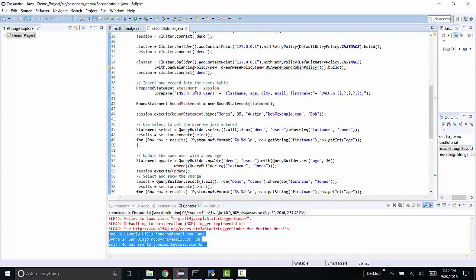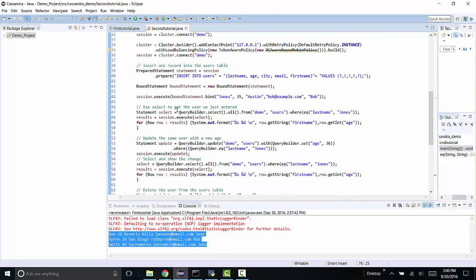And we have used the prepared statement here. A prepared statement is like a syntax which needs to be passed only one time, so we can avoid using multiple insert statements. We can put the statement into a bound statement and directly give the values. Here you can see that again we are giving values such as Jones, 35, Austin, and instead of the whole insert statement, we just have to bind the bound statement with these values, which would take over these question marks, and then we can insert into the table.